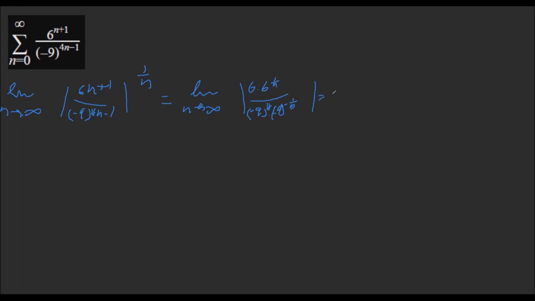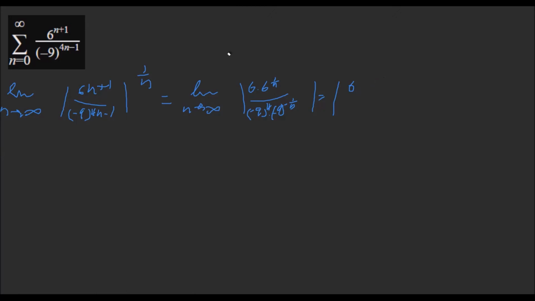We can just substitute infinity in for the n's. Let's start off with the numerator: 6 times 6 to the power of 1 over n. Now, 1 over infinity is practically 0, so we might as well just say that this right here is 6 to the power of 0. However, 6 to the power of 0 isn't 0. Anything raised to the power of 0, with the exception of 0, is equal to 1. So we're saying that this numerator is equal to 6 times 1, which is just 6,